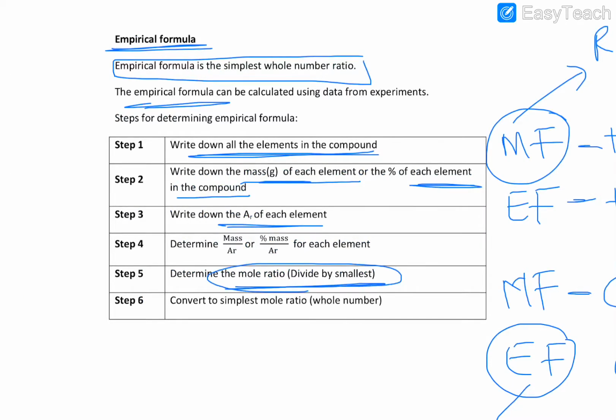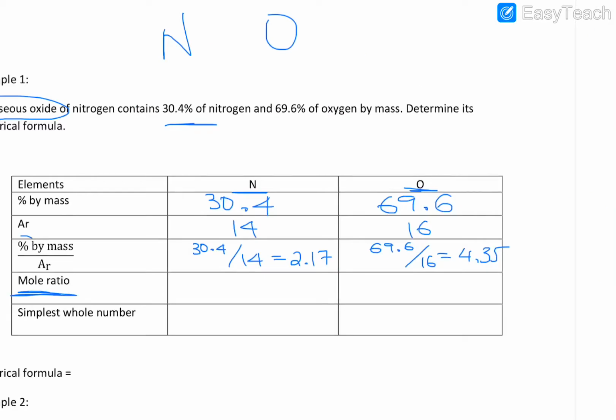We're just going to divide by the smallest, because we're assuming that the one which is found in the smallest amount is present as one atom. So we're going to divide by the one which is the smallest. So from these two values, this is the smallest. So 2.17 divided by this, I'm going to get 1. So I'm assuming that nitrogen is present as 1 because it has the smallest